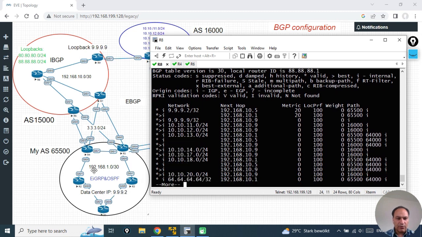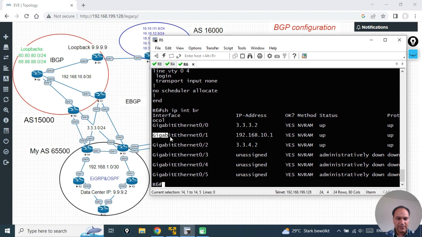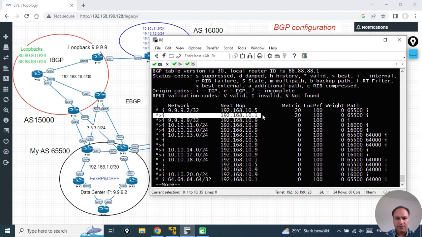We have 992 in our AS and we are advertising for AS 15,000. Look at the 992 route. We have two ways to reach 992. The first one is 10.5. 10.5 is this interface, 10.1 is this interface, gig 0/1. If I run show IP interface brief in R6, you can see that gig 0/1 has the IP address 10.1. So R8 gets the route of 992 from this way, not from this way. Okay, and here you can see the winner is